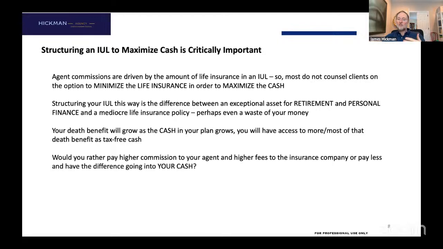So ask yourself a question. If I'm putting in X dollars every month into my IUL, and my monthly payment doesn't change, there are two possibilities. In one scenario, I pay a much higher commission to the agent and I pay more fees to the insurance company on an ongoing basis for that extra life insurance. And in the other scenario, I pay half the commission, give or take, but a lot less commission to that agent. And I pay much lower fees on an ongoing basis because I have less life insurance. Where do you think the savings is going to go? It's going to go straight into your cash. That's how it should be done.